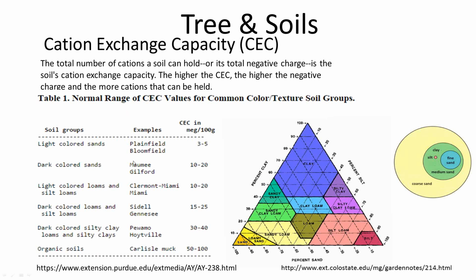If we take a look at our chart here, the cation exchange capacity can be tied to our soil texture. And now when it comes to soil texture, we have our three components: sand, silt, and clay. If we look at our sandy soils, we have very low cation exchange capacity. That means our sandier soils cannot hold on to as many nutrients as, say, our clay soils, which have higher